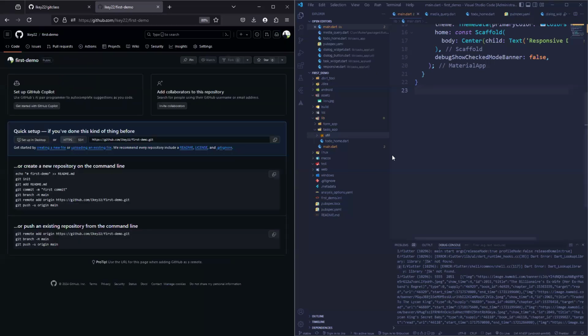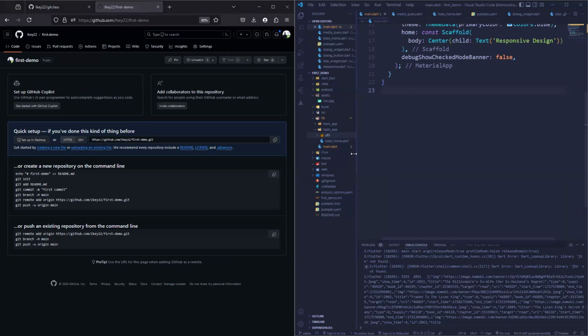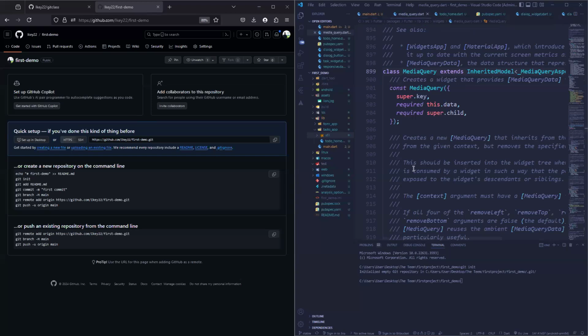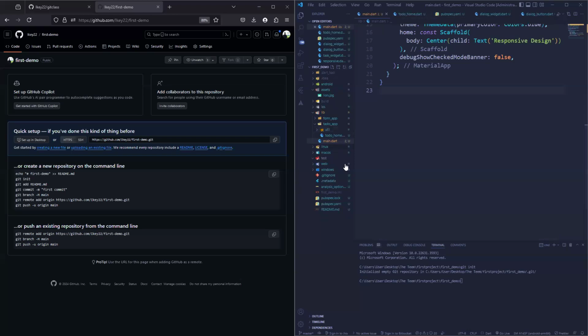In the same way on your VS Code, you can just do the same thing. You're still working with files. So I'll just go to my terminal, right, and do git init. So you can see it initialized a git repository. You now notice colors will change, right? This is just from my own setup, your color may be different. This media query is white, right? Because there are no changes here. Just think of these as files, right? So if I do a git status,